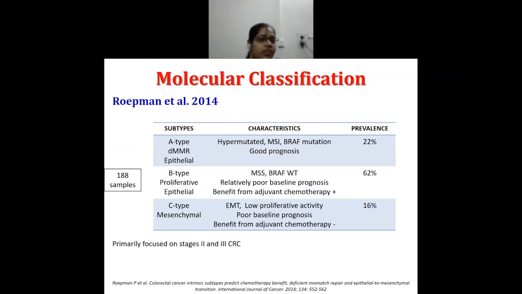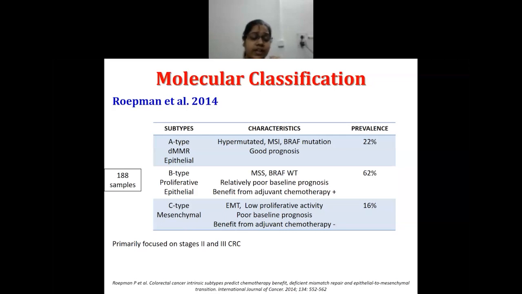Now, another classification which came up was in the year 2014 by Roepman et al. And in this, there were three subtypes. The first one was DMMR epithelial, which was hypermutated, having a good prognosis with BRAF mutation. Second being the proliferative epithelial with BRAF wild type variant. It benefited most from adjuvant chemotherapy. While the third subtype was mesenchymal with a similar EMT presence and was having a poor baseline prognosis. This classification, however, was focused primarily on stages 2 and 3 colorectal cancers, while the others had taken into consideration